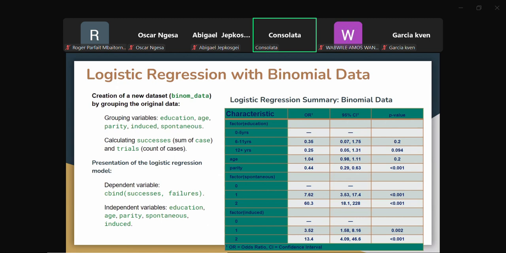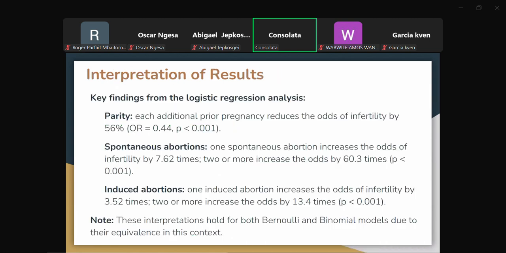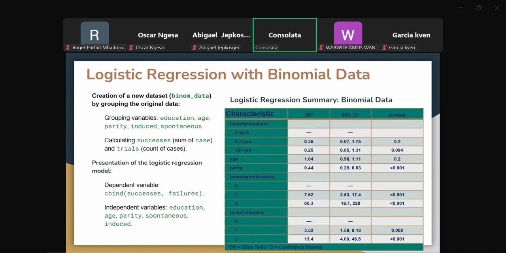So maybe just to mention that when you run the GLM model, the output is the log odds. So you exponentiate them to get the odds ratios, which we are using for our interpretation. So it means that each additional prior pregnancy reduces the odds of infertility. So 0.44,